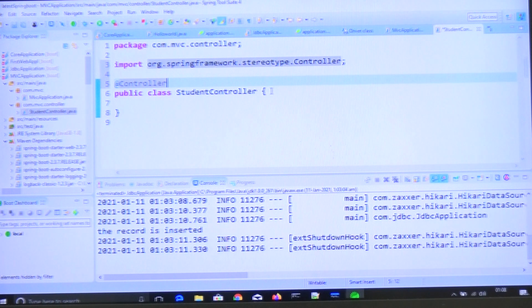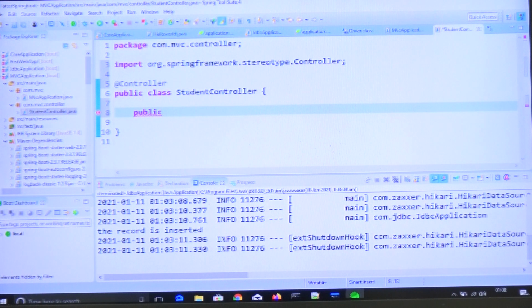After that we need to write methods. What methods are we going to write? For example, the return type is String. We can return a model and view object, otherwise we can return a String. The method is simply getStudent.